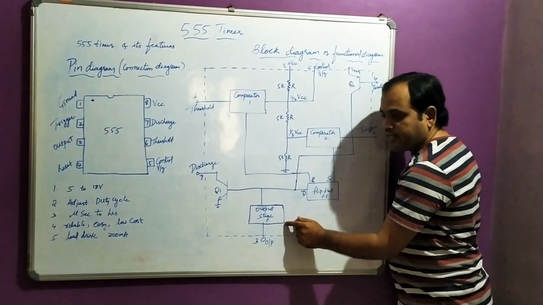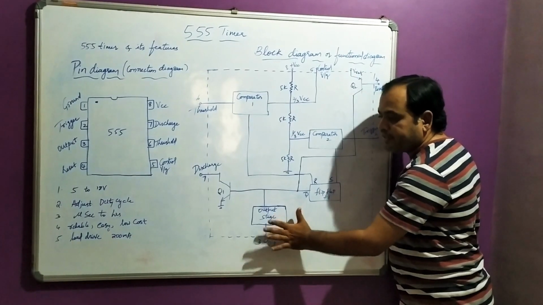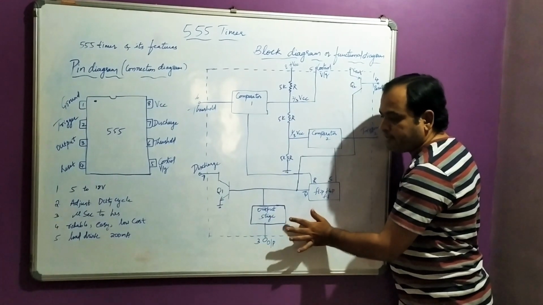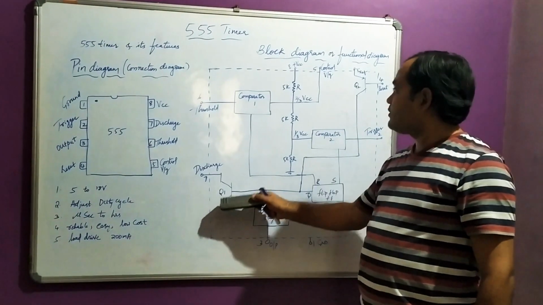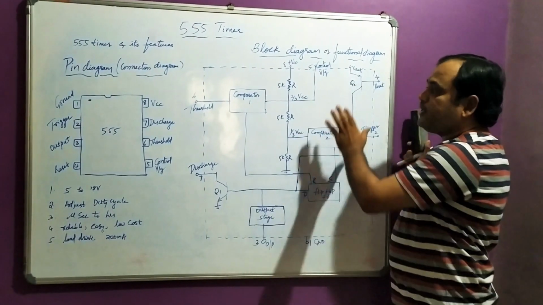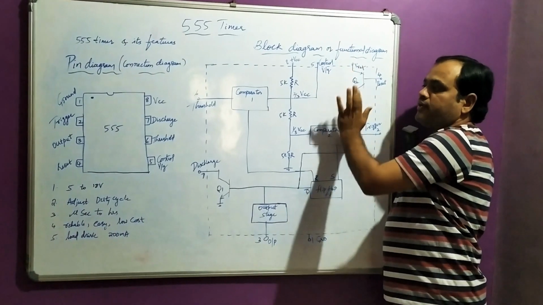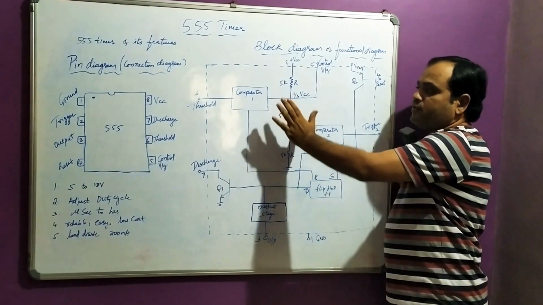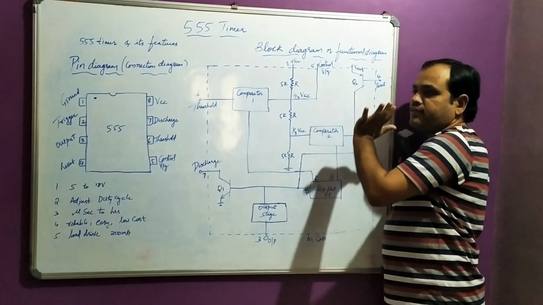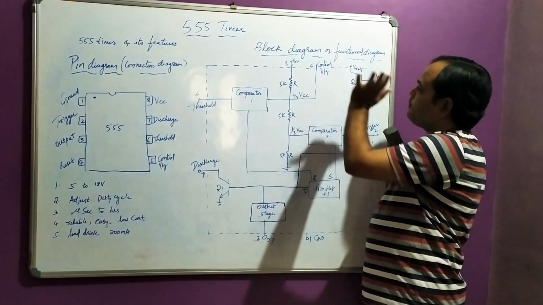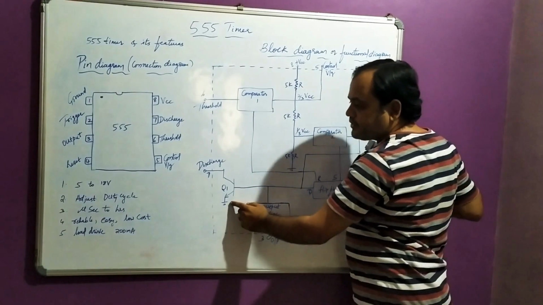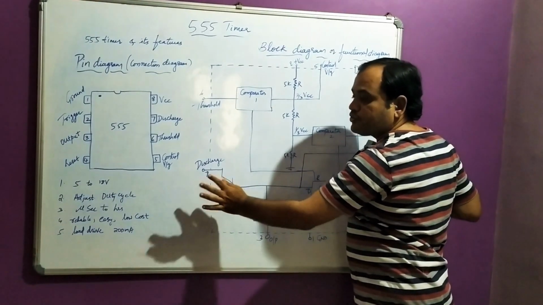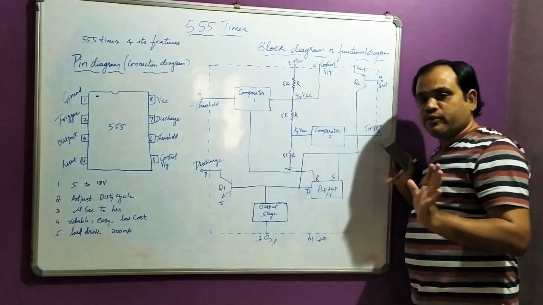Another one is the output stage. It is an output stage where an inverter is kept, using a power amplifier, where the inverted output is going to be produced. There are two transistors, Q1 and Q2. One is connected to the reset, just for making the 555 timer get reset. Transistor Q2 is used with reference to some reference voltage, if necessary. Transistor Q1 is used to charge and discharge the capacitor.